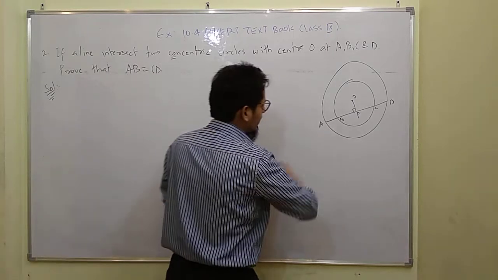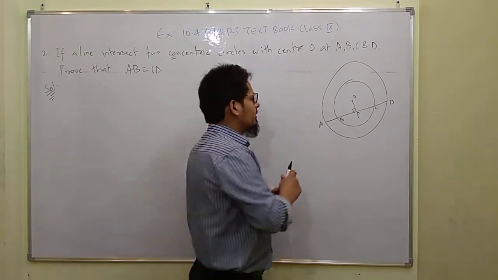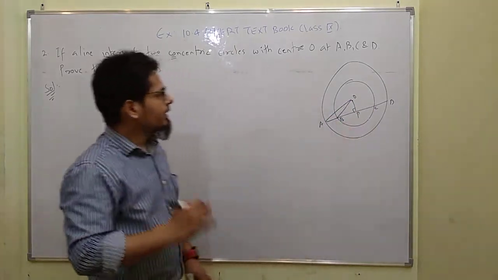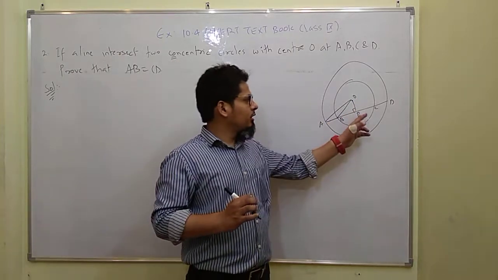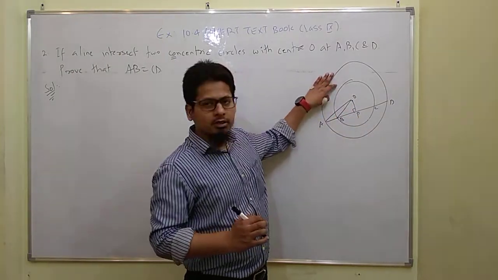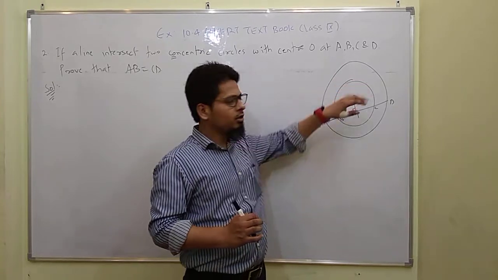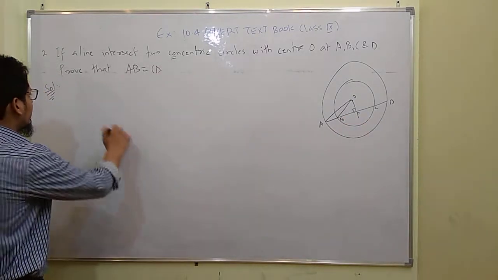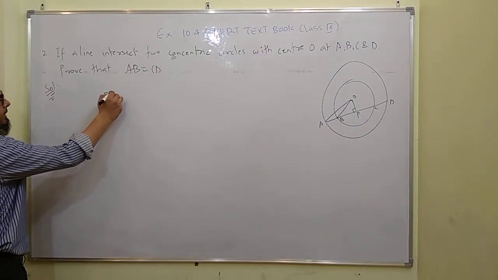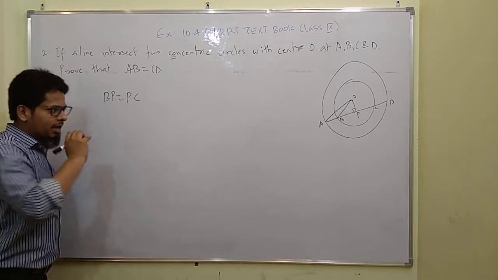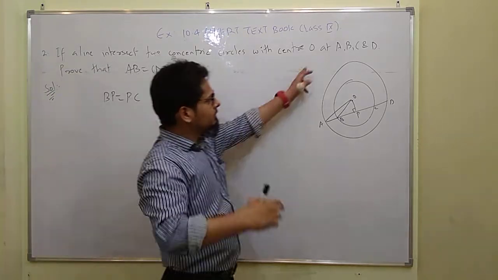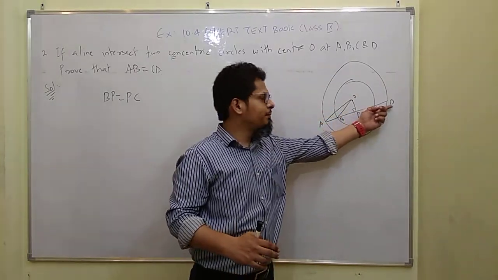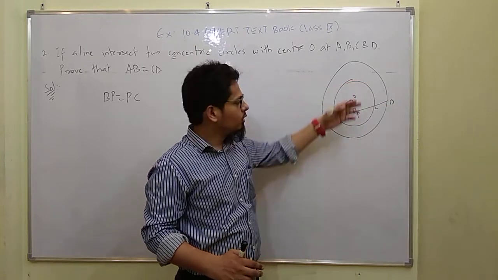Now you see here, there is some drawing. First I join OB and AO, right? I join these two lines. As we know, OP is the perpendicular. So if you see the small circle, OP is the perpendicular, so this line OP will bisect the chord. It will halve the chord. So now in the small circle we can write here BP is equal to PC, right? And if you see the big circle, then we can write here AP is equal to PD. Then the line OP perpendicular will bisect the chord.